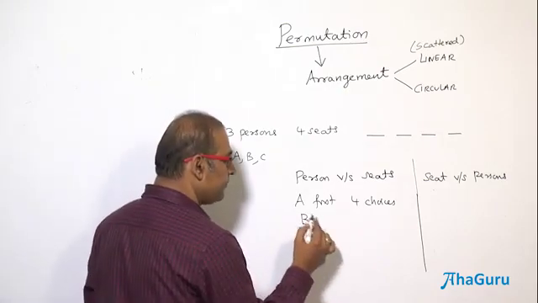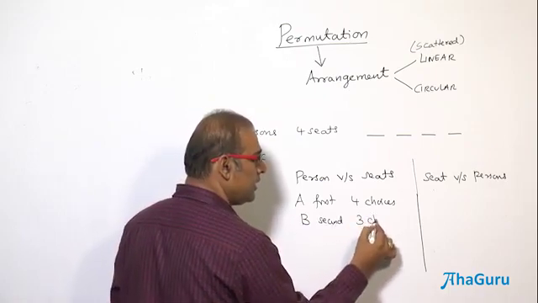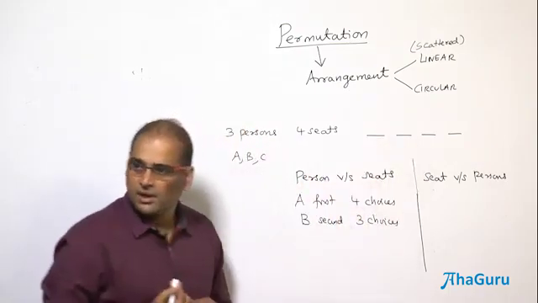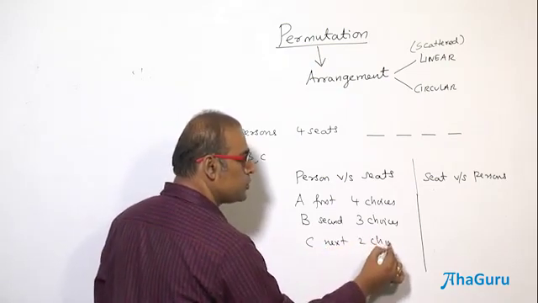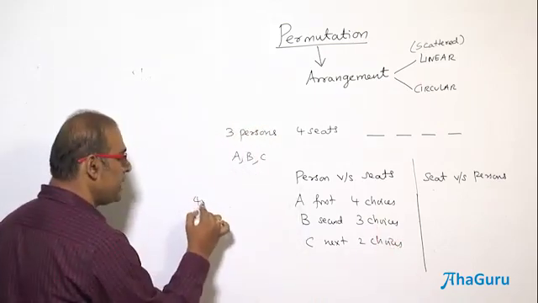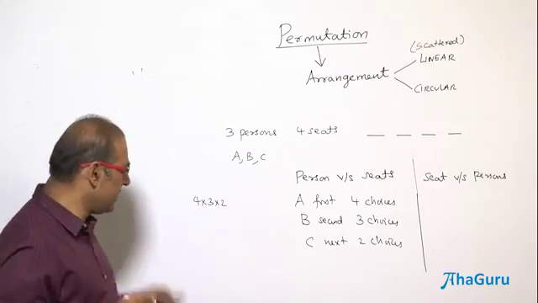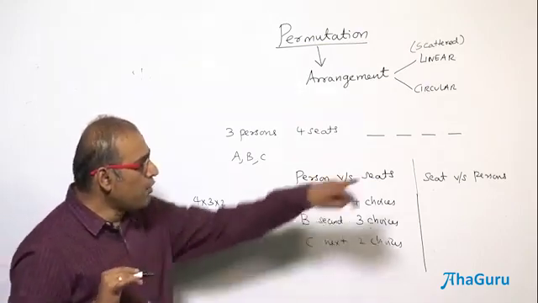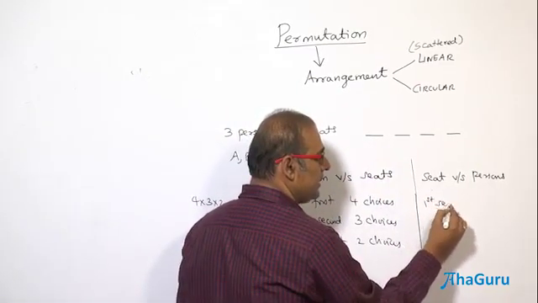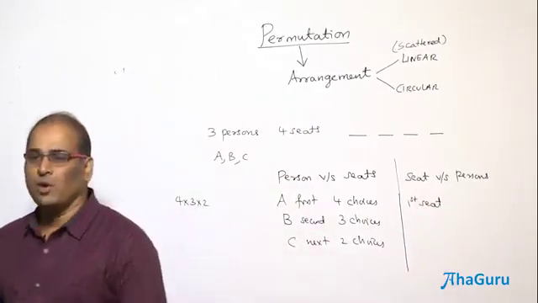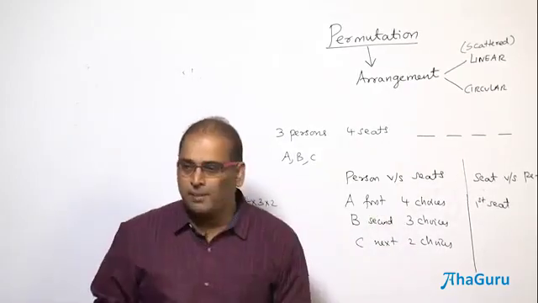And then B is the second one. Let us assume B is the second one occupying. So he has only 3 choices because A occupies one of the seats. Then C is the next. How many choices? 2. So together you have 4 into 3 into 2. Of course, if you multiply by 1 it's going to be 4 factorial, but let us not, it's 4 into 3 into 2. Now if you go from the seat, suppose I take the first seat, second, third, the first seat can be occupied in how many ways? How do you know whether the seat is occupied by some person?